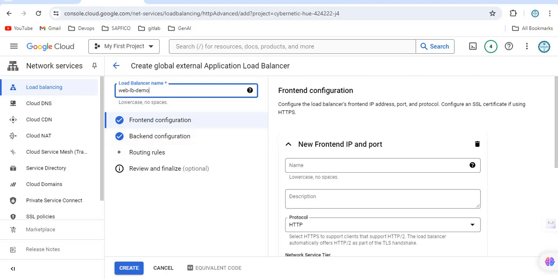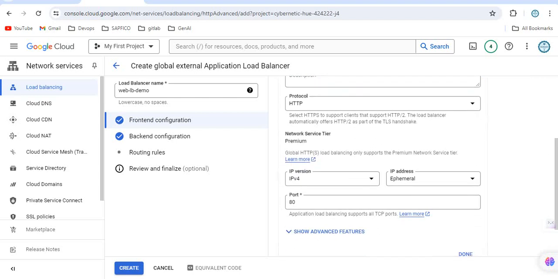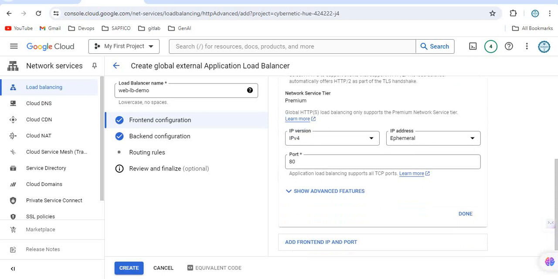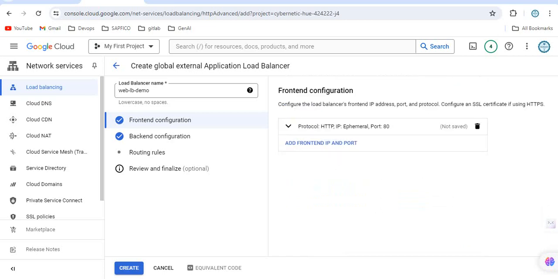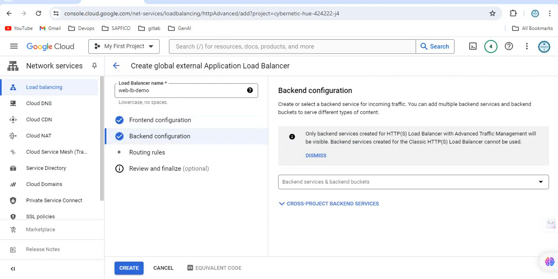And for the front end you have to provide the name, then you have to provide MIG, the same port 80, done. Backend configuration,